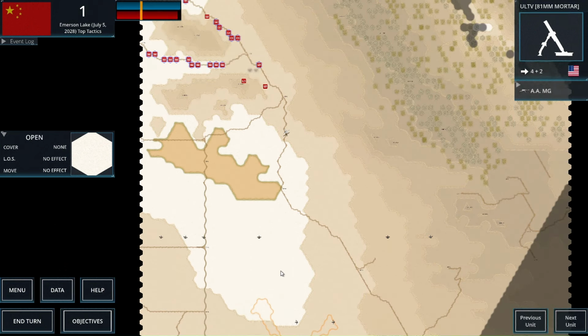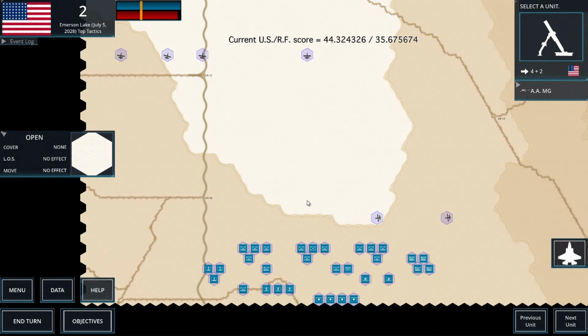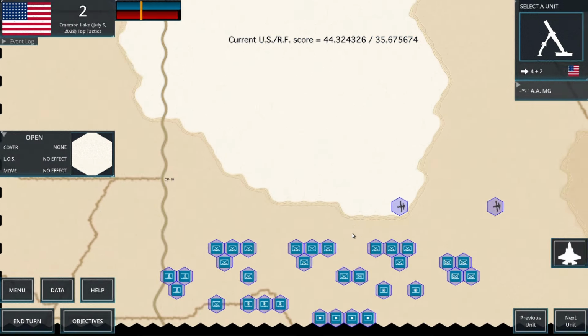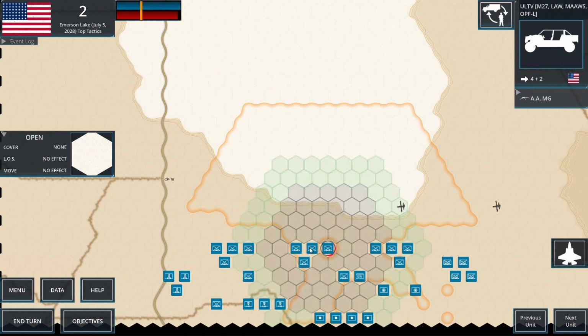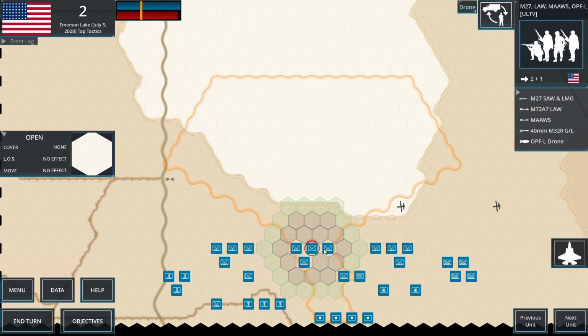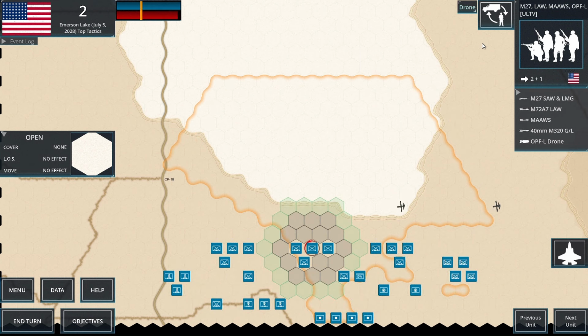Switching back over to blue, let's go over how to launch drones. Remember that I dismounted this unit in the previous turn so that I could launch the drone now. The fact that a unit cannot deploy a drone in the same turn that it dismounts is an important planning consideration. When I select the unit, you can see that there is now a drone button to the left of the unit information. After clicking the drone button,